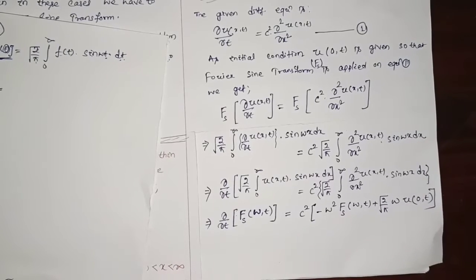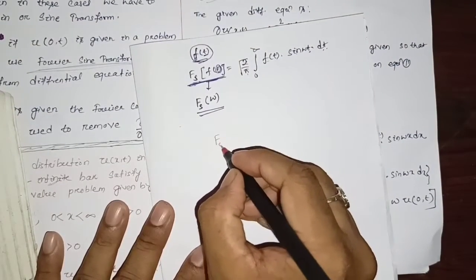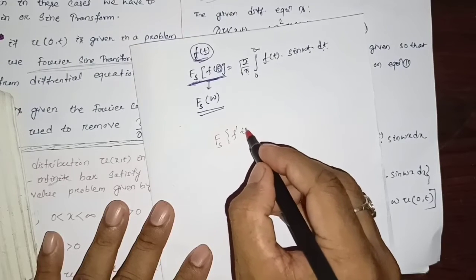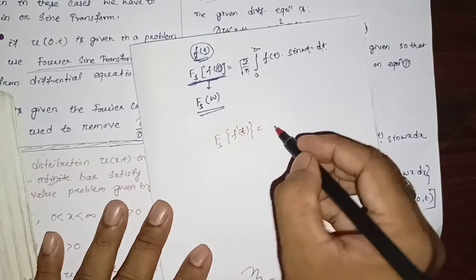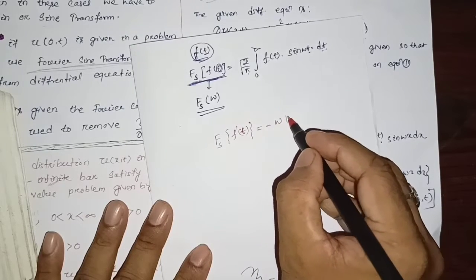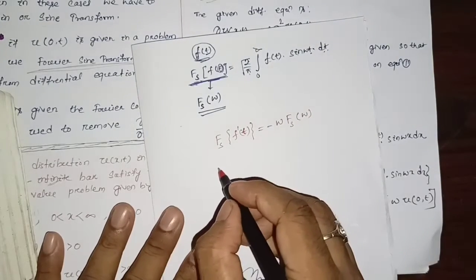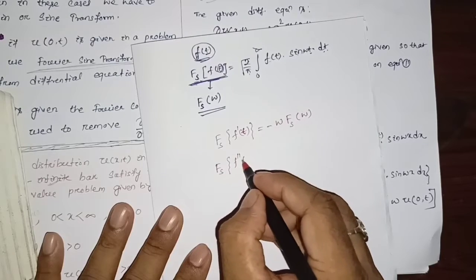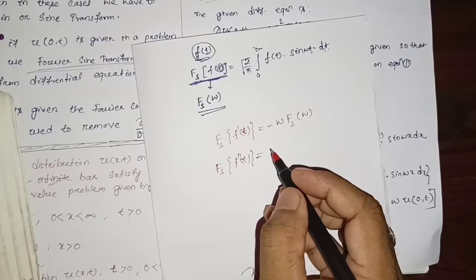Okay, because previously we discussed that the Fourier sine transform of the first derivative of a function, here the function of t, will be equal to minus omega Fourier cosine transform of omega, and the Fourier sine transform of the double derivative of a function f, which is a function of t, will be nothing but